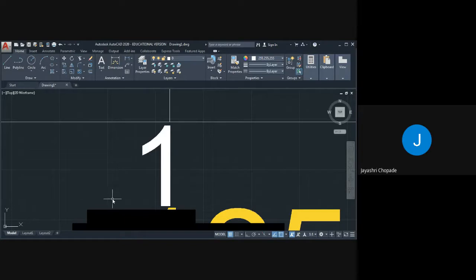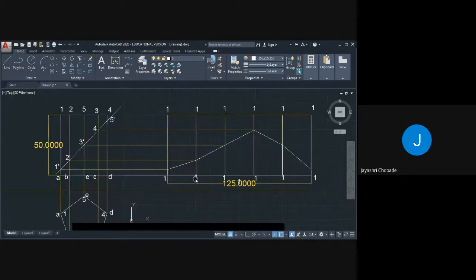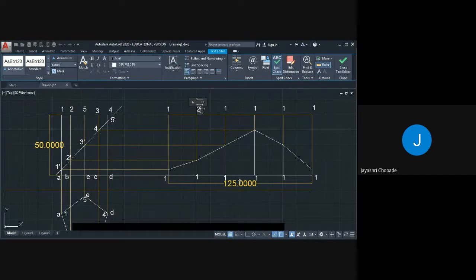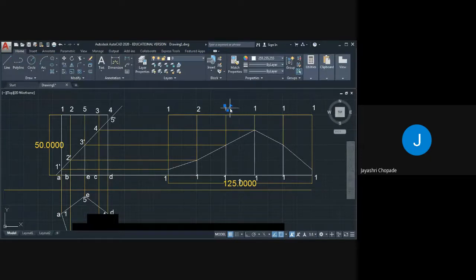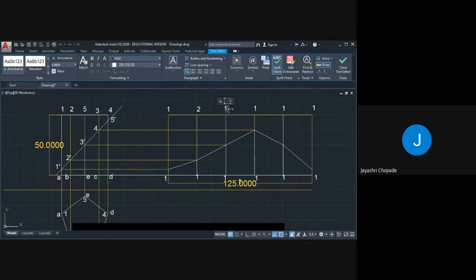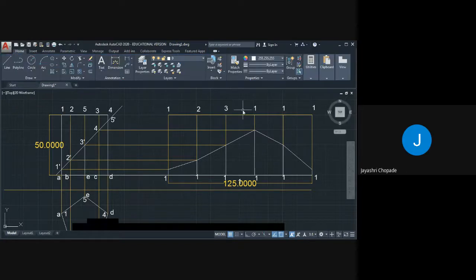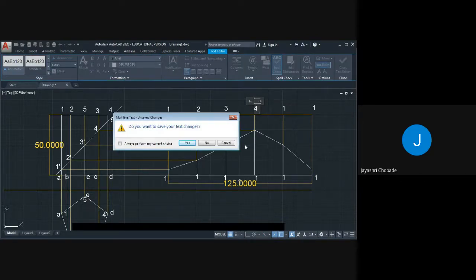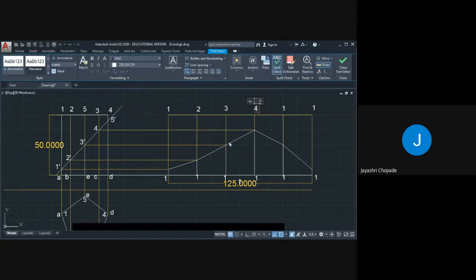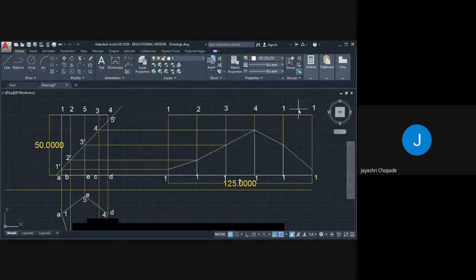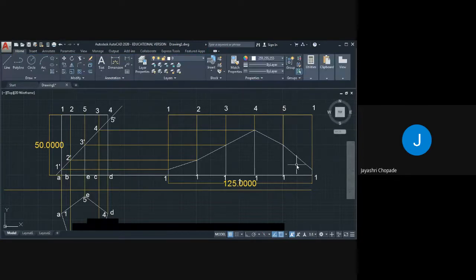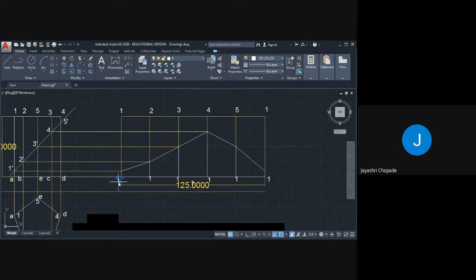Now we will edit it. So this is point number 1, this is point number 2, this is point number 3, this is point number 4, and this one is the 5. Again at bottom we will edit it.